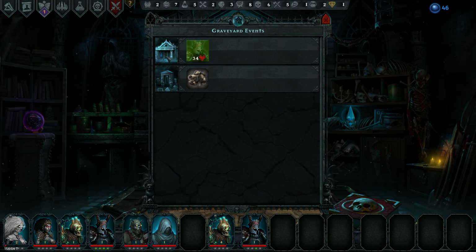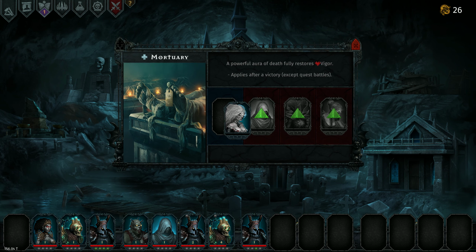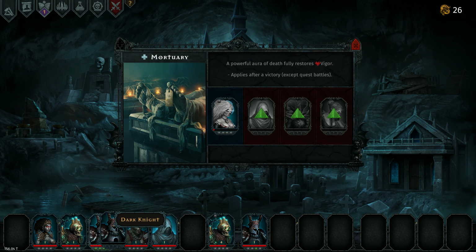Graveyard events. Dark Knight. Oh, okay, what's going on? Oh, yeah, okay. So, yep, he got full health back. That's great, because now she's going in there. I think we're going to make another Banshee. Is I think what we're going to do. So we can move him back into...